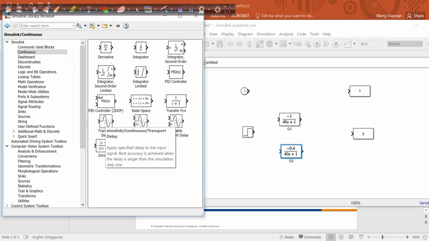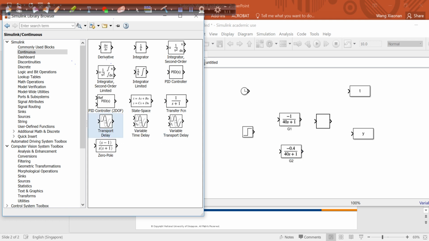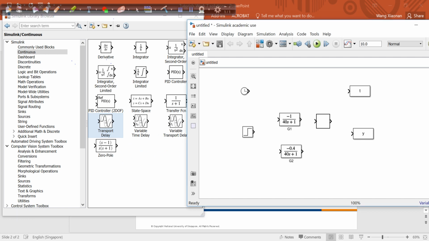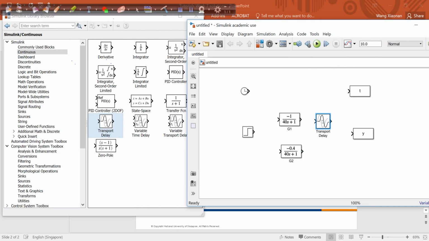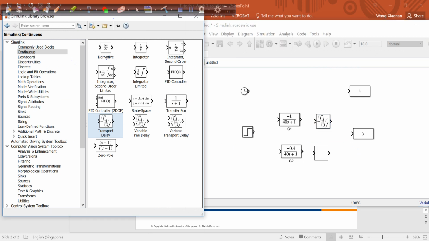So you can see they give you some more description. Better accuracy is obtained when the delay is larger than the simulation step size. So if your step size is too big, and the delay is just smaller than the step size, it won't be shown there. Right? So we have the time delay here. What's the time delay? We remember the first theta 1 is 30 seconds. So we put it here. And the second transport delay,